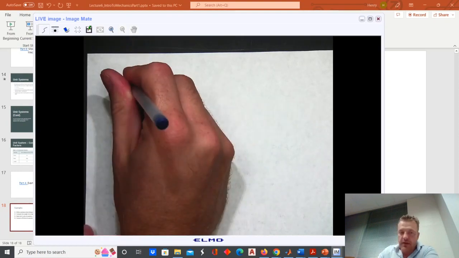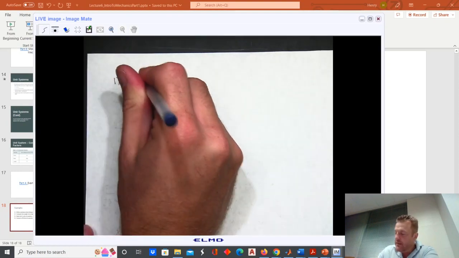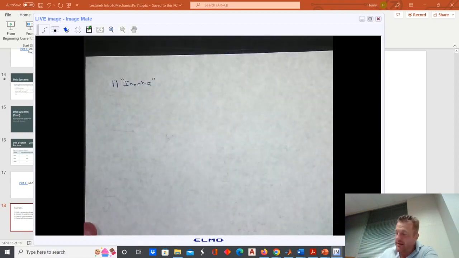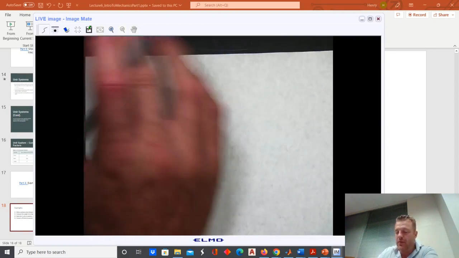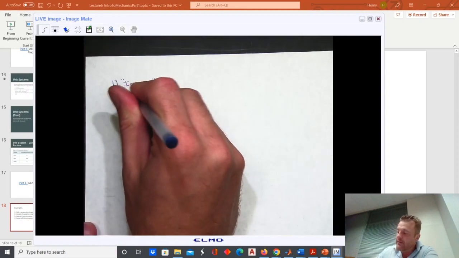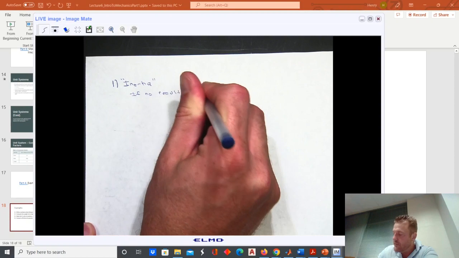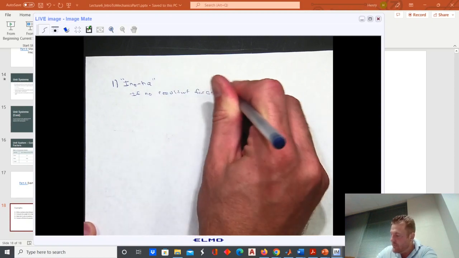So remember that Newton's first law was the law of inertia. And you probably had that traditional definition of it, that a body at rest tends to stay at rest. But remember, the more formal definition that we use is if there is no resultant force acting on a body,